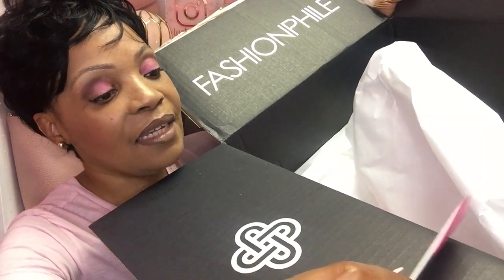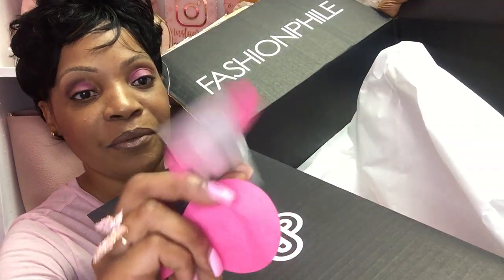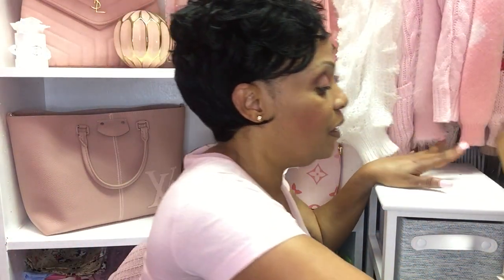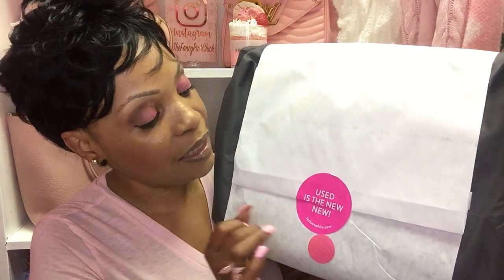It says, I like my money where I can see it, hanging in my closet. Okay, guys, I'm here for that. That is cute. And Fashionphile is on the back. They have a little confetti, and I wanted everyone to see this for anyone that may have never purchased something from Fashionphile. Now, if you have, then you already know. It says use is like the new